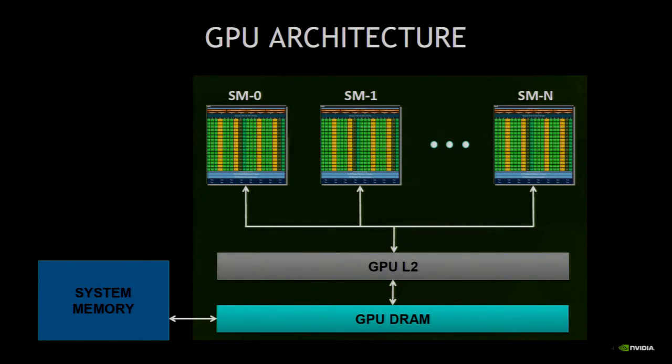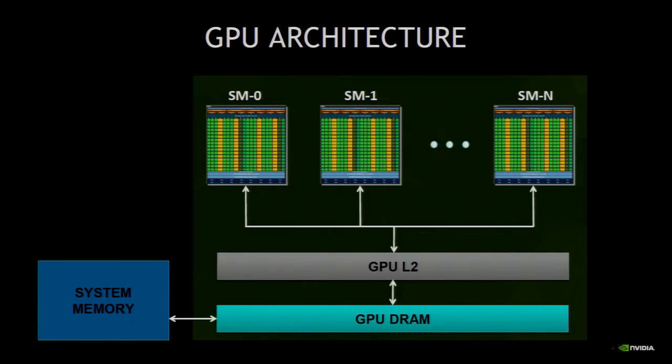Now, what is the GPU architecture? This is a very simplistic view of the GPU architecture these days. The key thing to understand here is that GPUs have a number of streaming multiprocessors. We call them SMs. These multiprocessors are connected to video memory, or global memory, or GPU DRAM, through the L2 cache. And then, of course, GPUs are connected to the chipset through PCI Express,